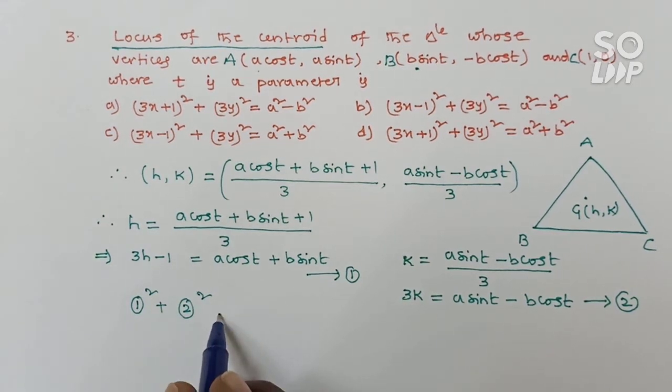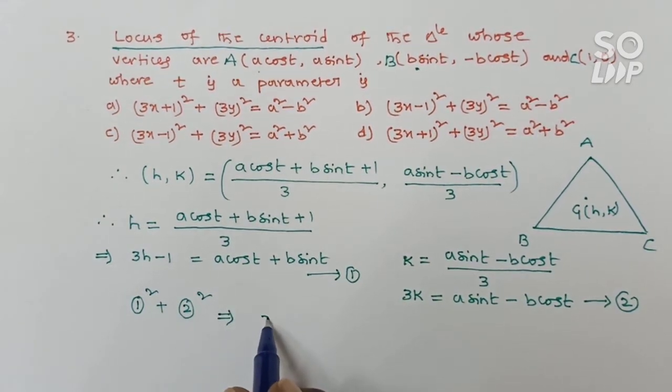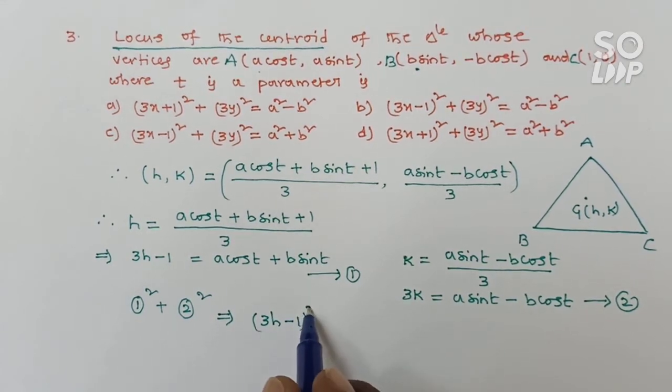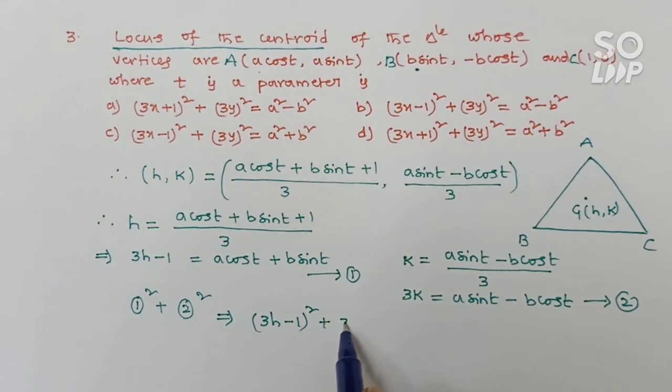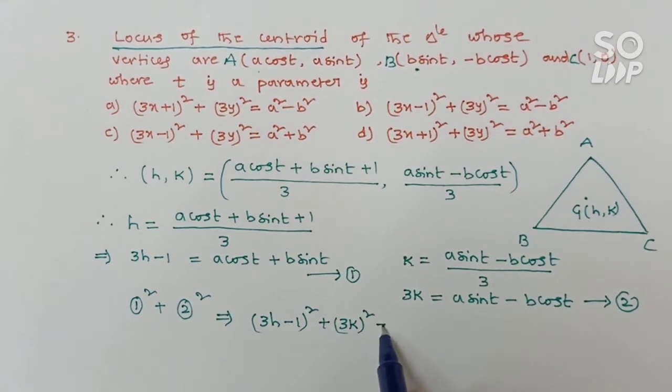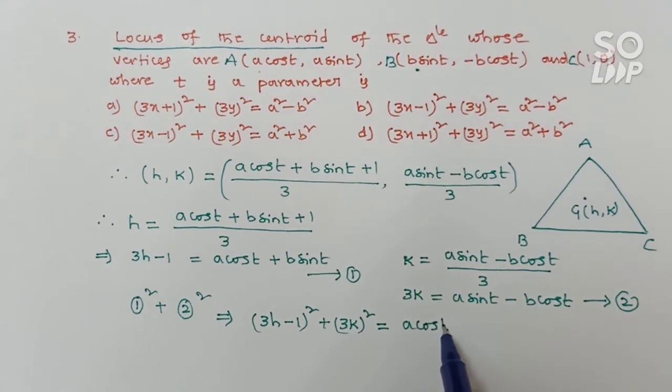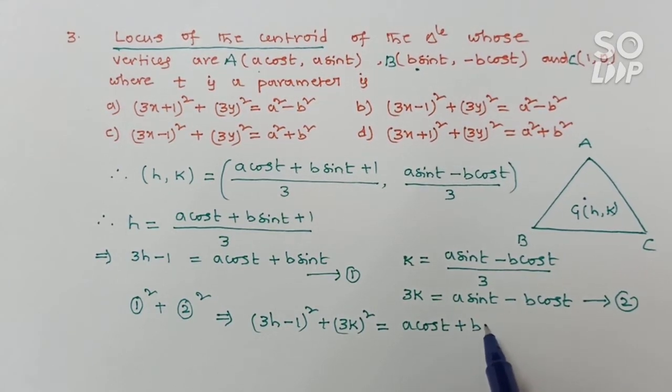That implies 3h minus 1 whole square plus 3k whole square is equal to a cos t plus b sin t whole square